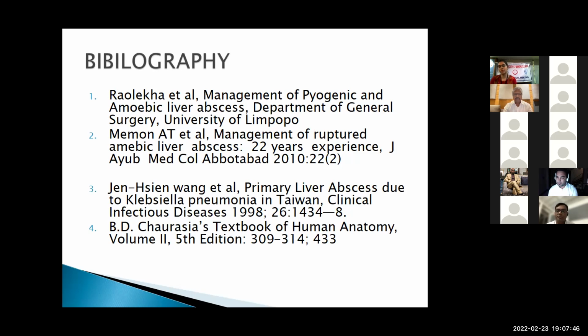So the most common cause was biliary, sir, because of the presence of cholangitis and sometimes intrahepatic stones, and following that, some patients presented with features of diverticulitis and inflammatory bowel disease. So that led to pyogenic abscess secondary to it. So these were the causes in your series.